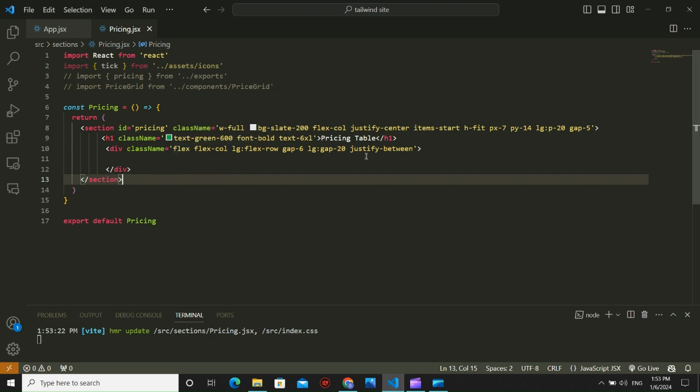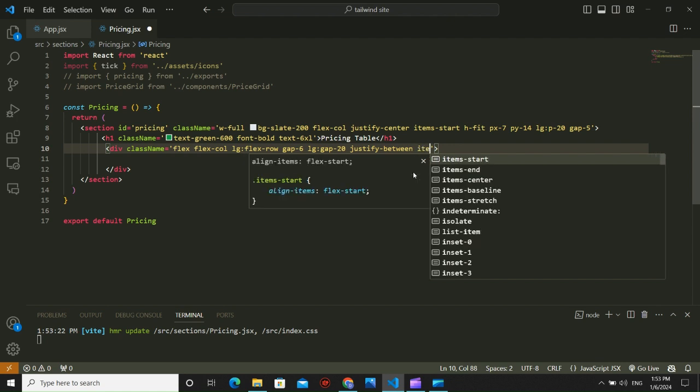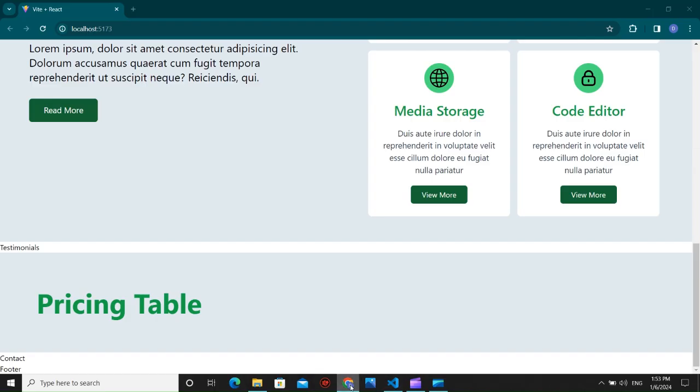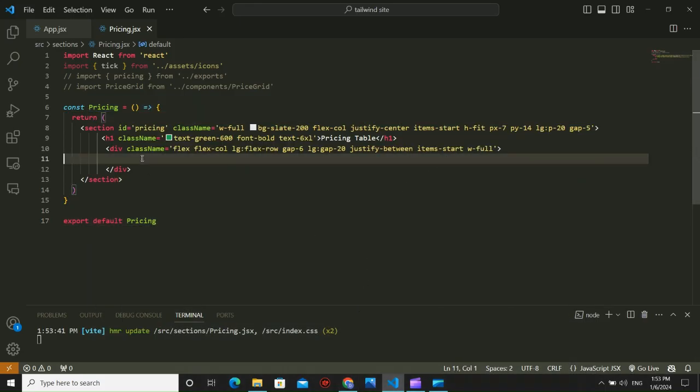So gap 6, lg gap 20, justify between, items start, and width of full. So inside this div we have to make a p tag here. So for the p tag let's use the lorem 20,